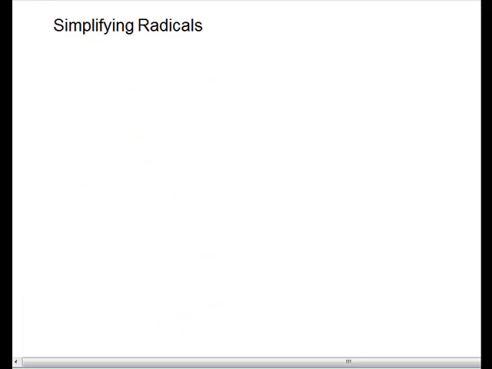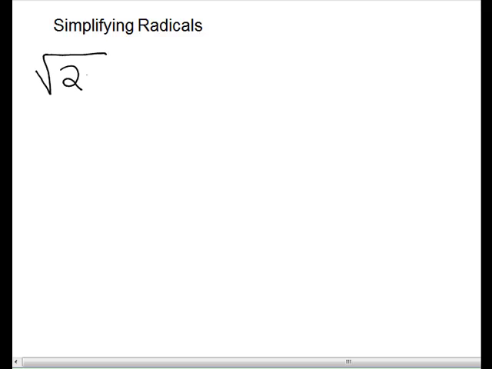We're going to simplify some radicals that are not perfect powers, and we're going to do this by the prime method. The prime method is a good method to actually understand radicals. When you have to do a lot of radicals, it's a little slow, but it's a very good one to start with. So first we will look at square root of 20,